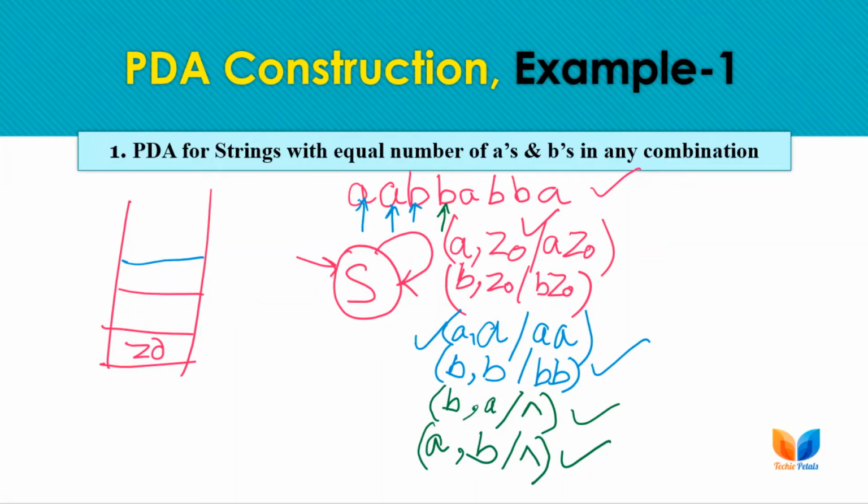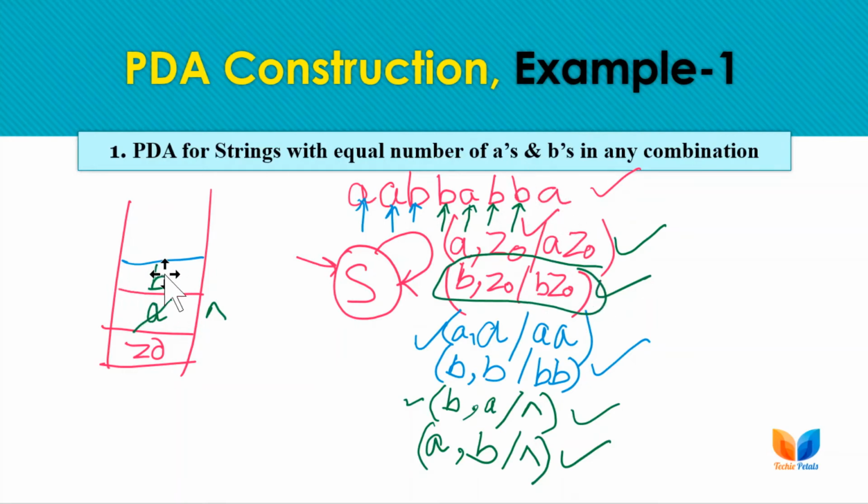Next symbol is again A. Again we have A, so simply push, as the stack top is Z0, so this transition will work again. So we have pushed another A onto the stack, and for the next B we can perform the pop operation and cancel out this A with a null. So BA, this transition has worked again. Now the next symbol is B, and we have the transition for input B with stack top Z0. So this transition will work for the next input symbol B.